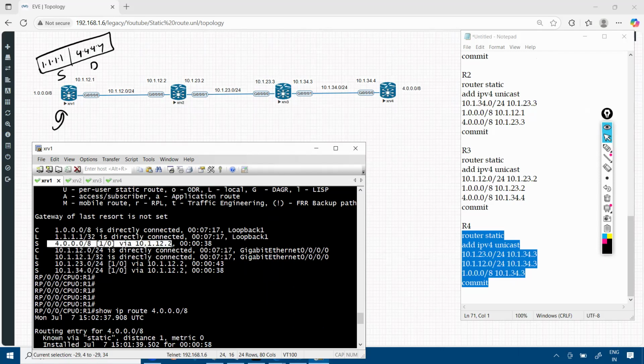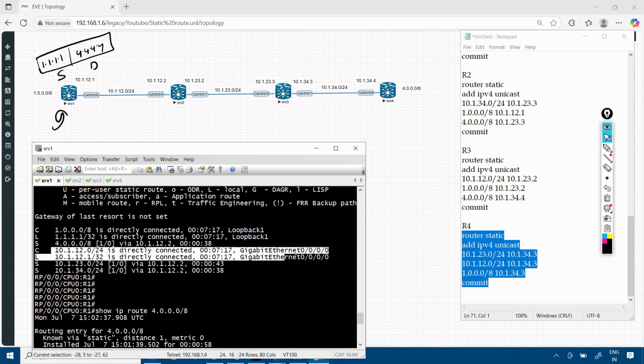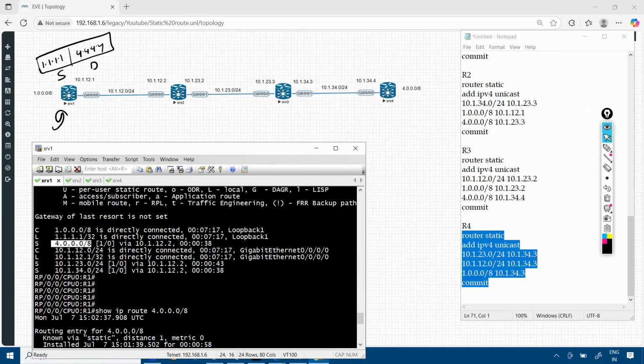And how is this 12.2 connected? By this particular interface. So here we are doing the recursive lookup. First time I did the lookup for the destination. I do not have an exit interface there, that's why I'm doing the second lookup for the exit interface.